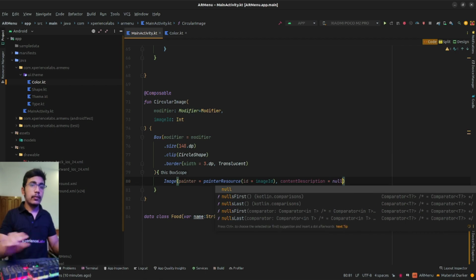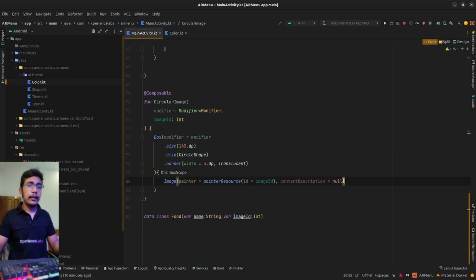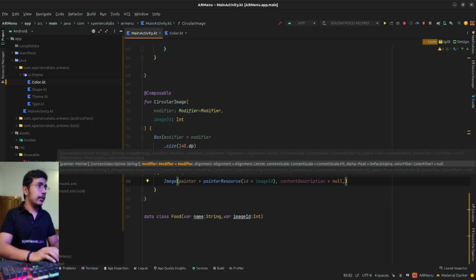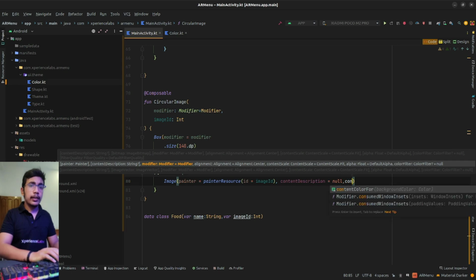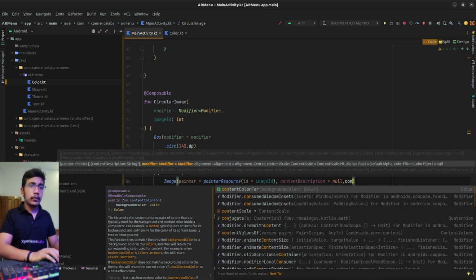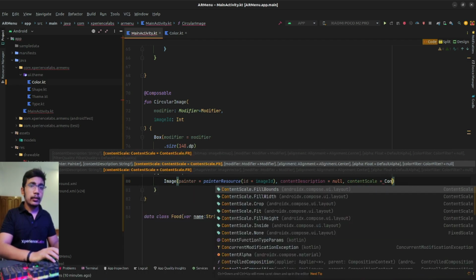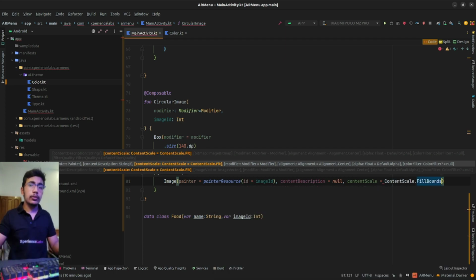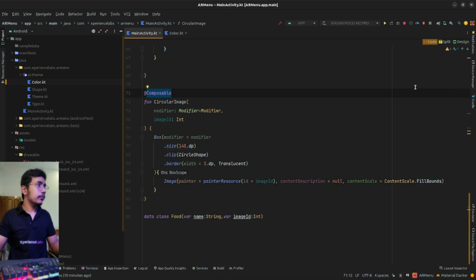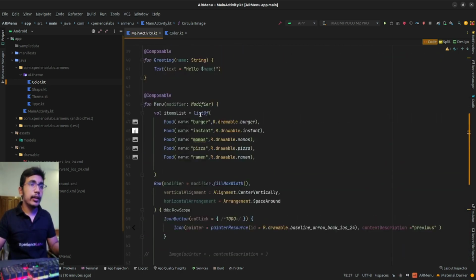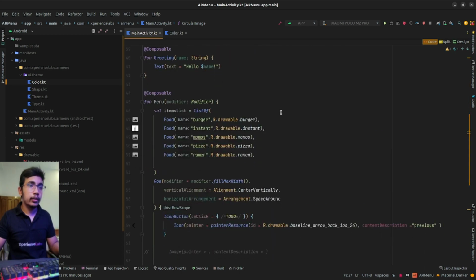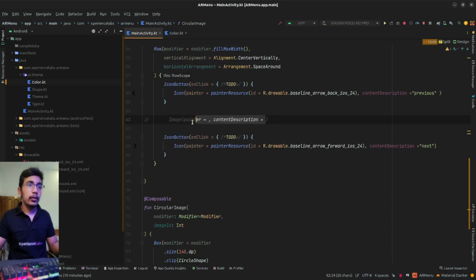Let's keep that null for a while, and we can add some more properties to image, like content scale, and content scale will be fill bounds to fit the box. I think this will be nice. Okay, so we have our circular image, we have our menu section, and now we will call our